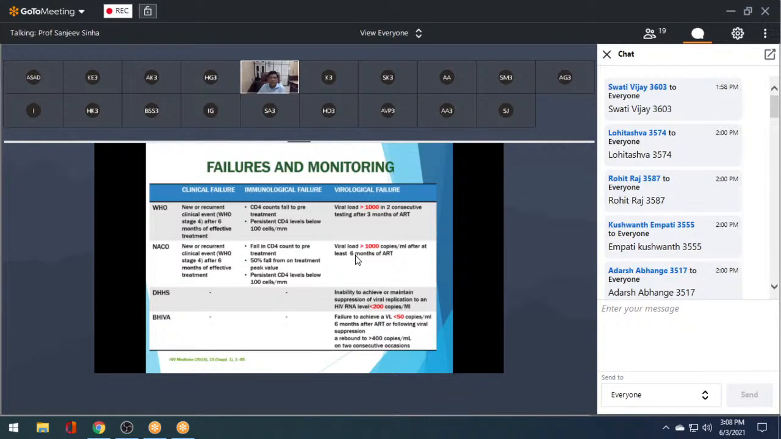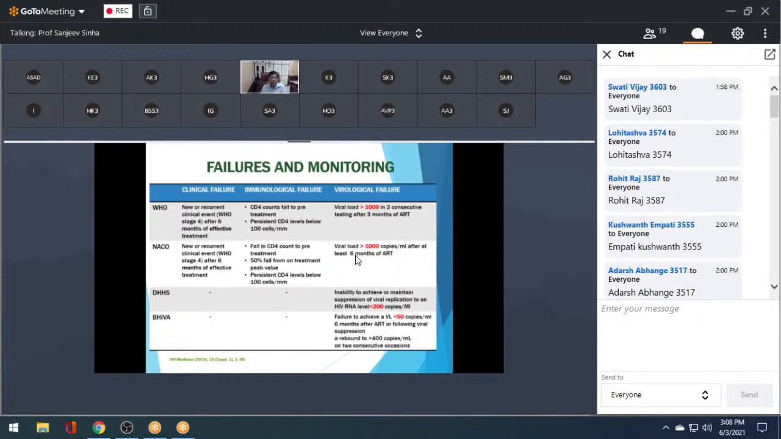We say patient in the failure. So we monitor whether the patient is a clinical failure, or an immunological failure, or a biological failure. So this is very important to understand when we see a patient in clinical failure on antiviral therapy. So some patient is taking antiviral therapy and if they are getting failures,